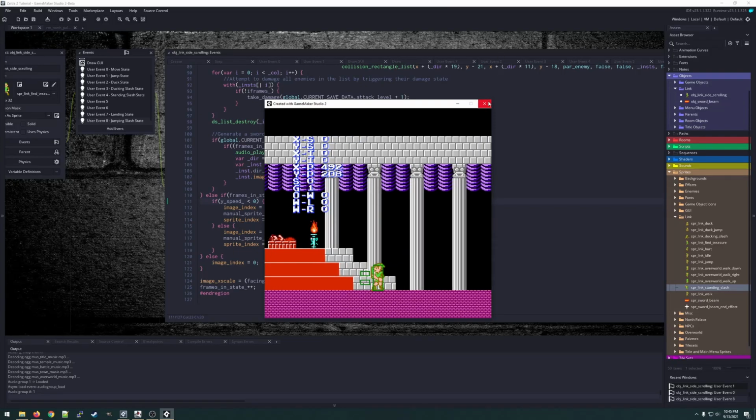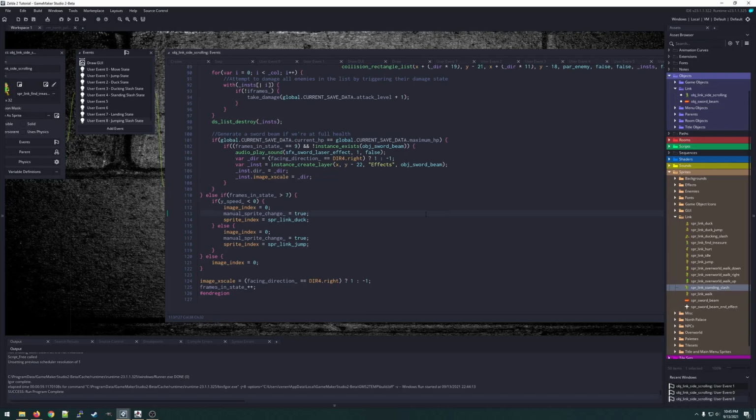All right, I think that's everything we can cover in this episode. We got all of our slash states finished. So that just leaves damage and, let's see, user event 5. What would be user event 5? 5 is find treasure, and we don't have find treasure because I only use find treasure for the